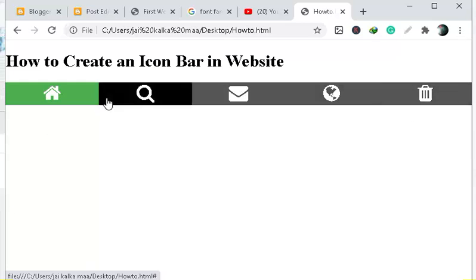You have to use JavaScript to make these icons responsive. Like if you click on the search icon, then it should search in your website. To make that possible, you have to use JavaScript coding. I'm going to show you how to do that later. But now I'm just showing you how to create an icon bar in the website.